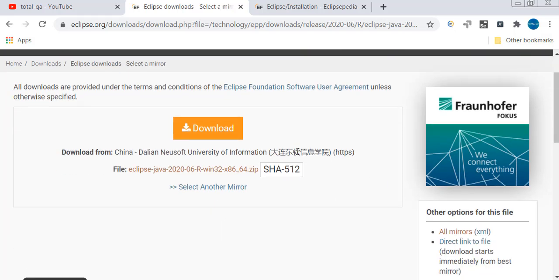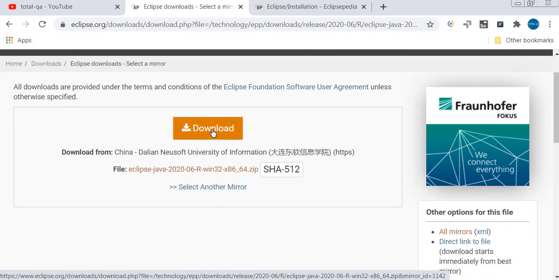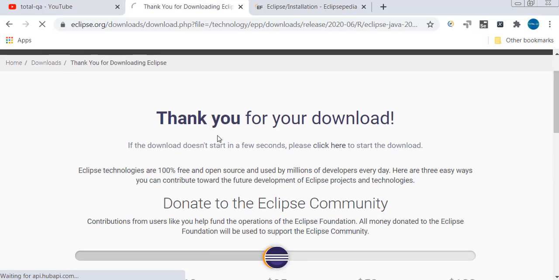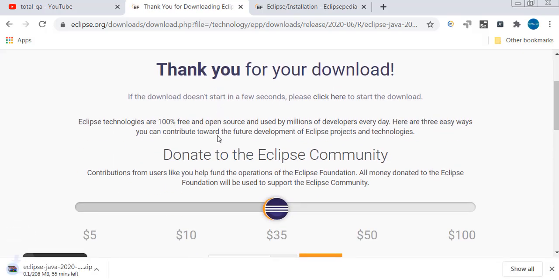When you click on download, it will download a zip file. So it is not an executable file, it is a zip file. Whenever we have a zip file, we simply unzip the file to view its contents. Same thing is possible here. We just click on download, that's it. It will download successfully. Wait for a few seconds. It shows it's 208 MB and takes almost 15 minutes to download. So let's wait for a few minutes now.